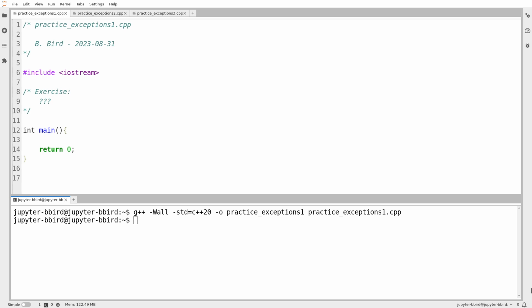Let's get some practice exercises that allow us to write some code that throws exceptions. Now, I want to work within somebody else's framework, so I'm again going to ask ChatGPT to generate me some starter code, because if it generates exercises that amount to writing a program that has a function which throws an exception, I don't think I'm getting as much out of it.